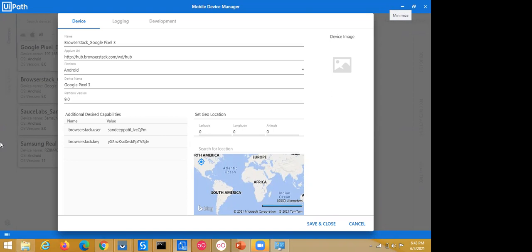You can configure the same in UiPath, which Sandeep is now showing, connect it, and the rest of your script is ready. You don't need to change the script. Only if it's Android or iOS do you need to change. But if you have a Samsung Galaxy with Android version 8.0, and you're switching to a OnePlus 6 with Android version 10, you don't need to change your script. You just have to set up the connections. That's it.